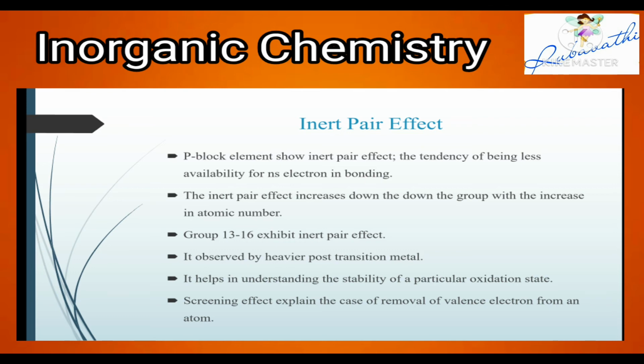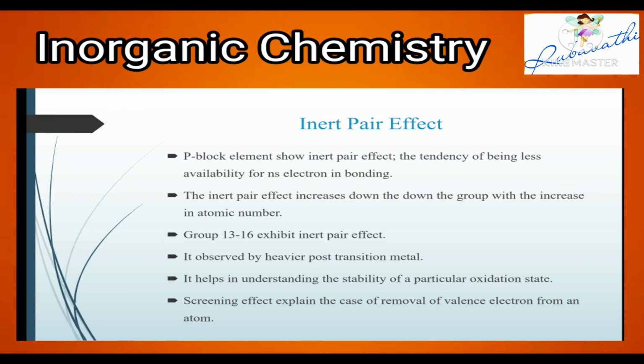In heavier post-transition metals, the outer electrons in ns have a tendency to remain inert and show unwillingness to take part in bonding. That is, the s electron is tightly bound and won't be involved, so it becomes inert. In gallium, indium and thallium, there is a presence of d or d and f orbitals. The d orbitals do not screen nuclear charge as effectively as those in s and p orbitals because of penetration, or because they are diffuse in nature. So their shielding is poor, that is, they won't screen properly.